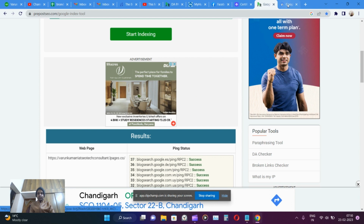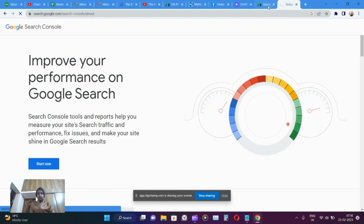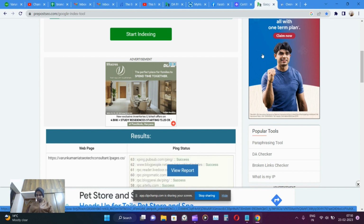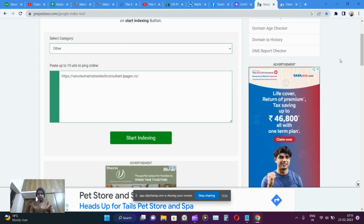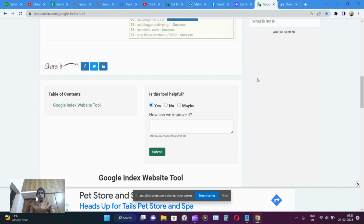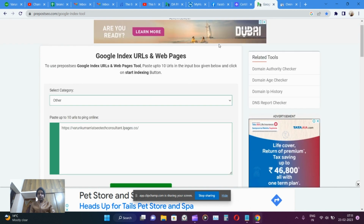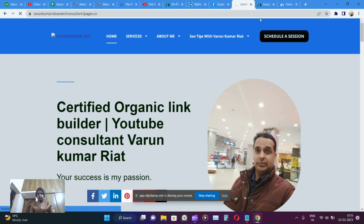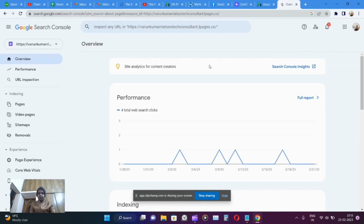So after this we have to go to Google Search Console. This is done. Now all search engines will get a request to index this page, this website. Now save. 8 pages. So now what we have to do? Now we have to go to Search Console,